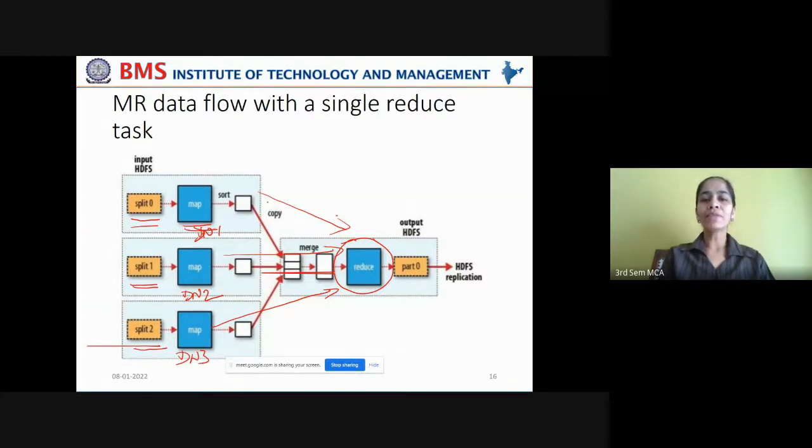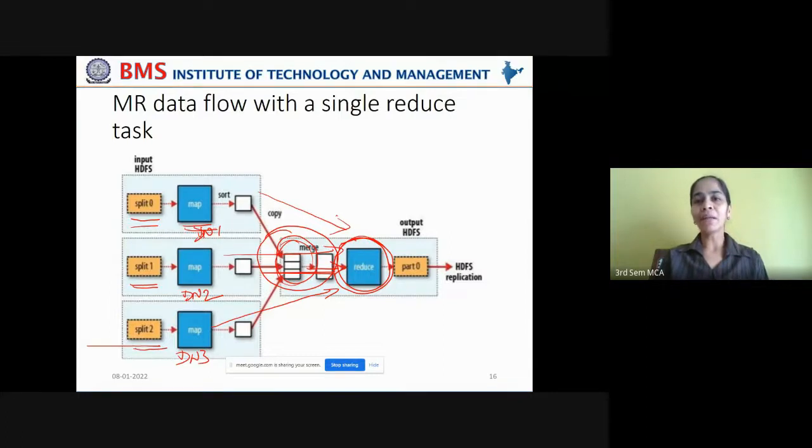All these will give their intermediate outputs, key-value pairs, which will serve as input to the reduce phase. We can have a sub-level here in order to merge the outputs of all these map jobs, and that merged result can be given as input to the reduce phase, because we have a single reduce task here.